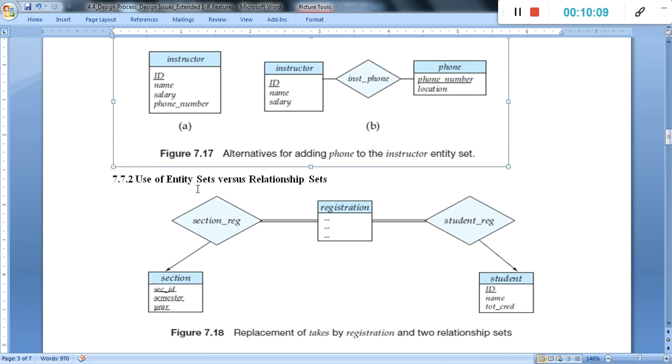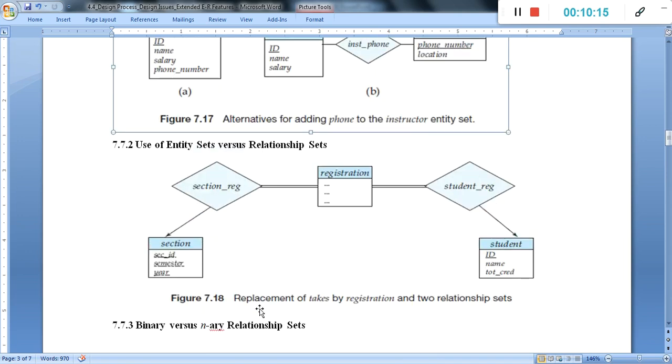Then second, use of entity set versus relationship set. Like replacing a task by registration and two relationship sets.